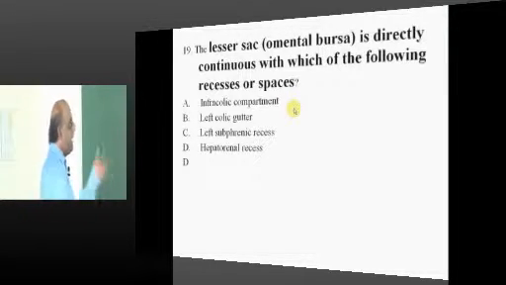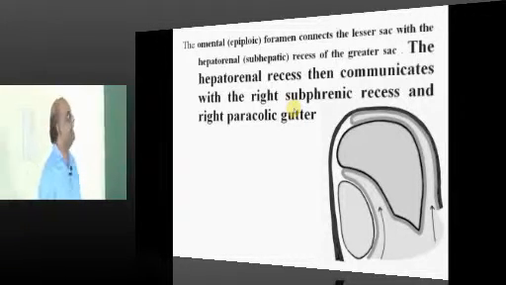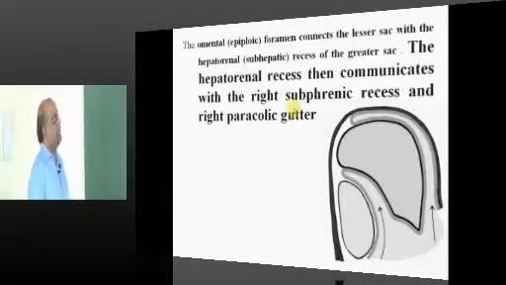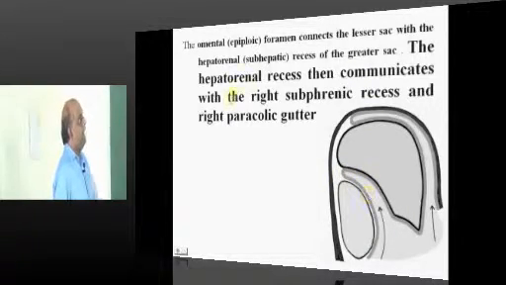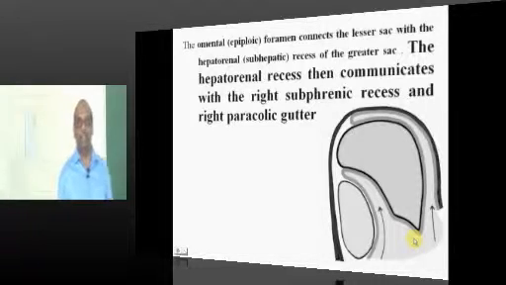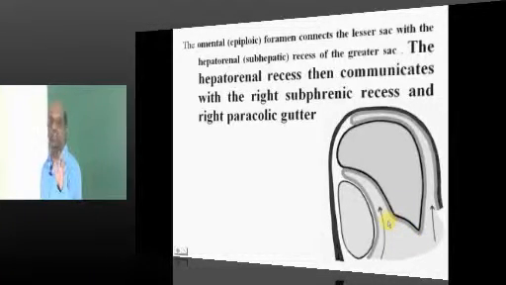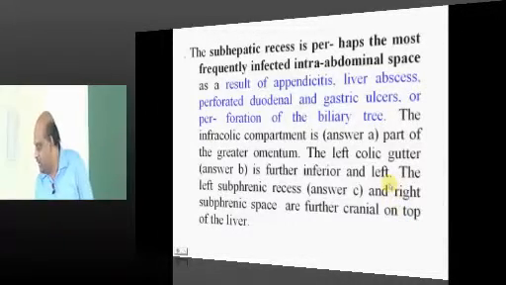Then the lesser sac in turn is connected with the hepatorenal recess, which is the subhepatic recess of the greater sac, and the hepatorenal recess will then communicate with the right subphrenic recess. You need to review these recesses, but I will give you one quick high yield question which is frequently asked